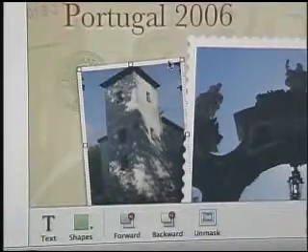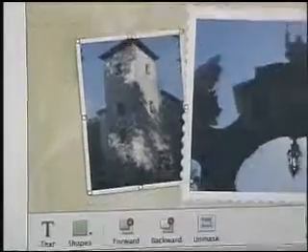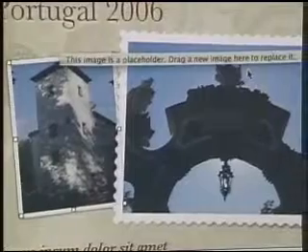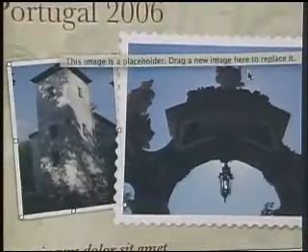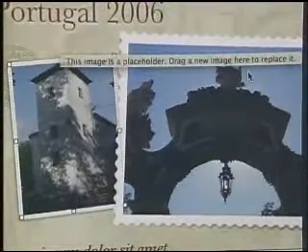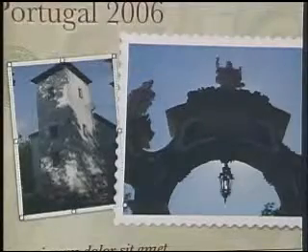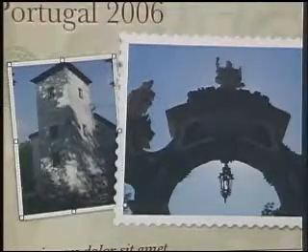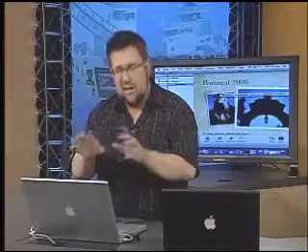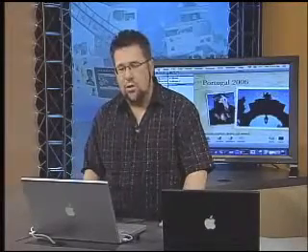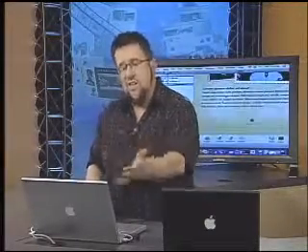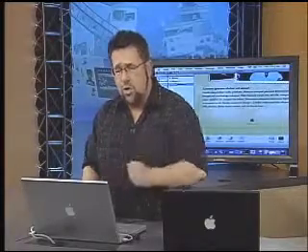Now, you notice something really interesting has happened here. It hasn't just pasted the photo up straight, it's added all the different attributes to both the text and the photos that were originally there in the placeholder. So in this case, it put the photo at a slight angle, and it put the fancy border around it. So all of the design work has been taken care of. We're just concerned with the content that goes within it. And we would go through now and continue to fill in and replace the placeholders with our own